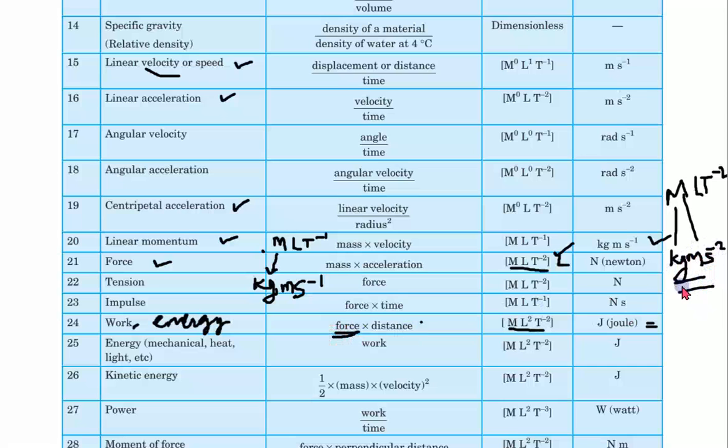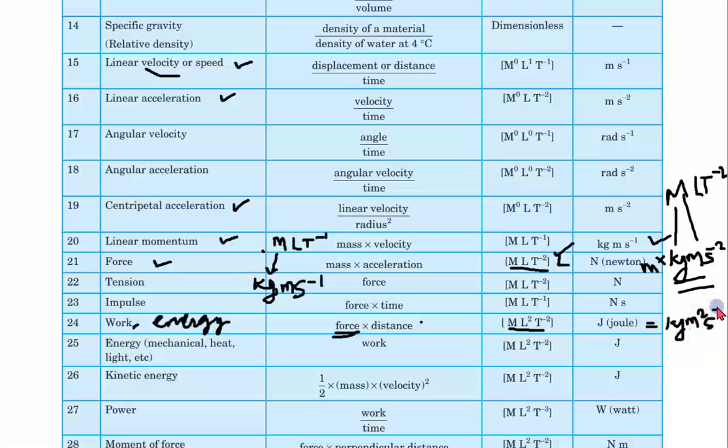That means I'll multiply this whole thing by another m, and that will become energy. So kg m times m will be kg m square